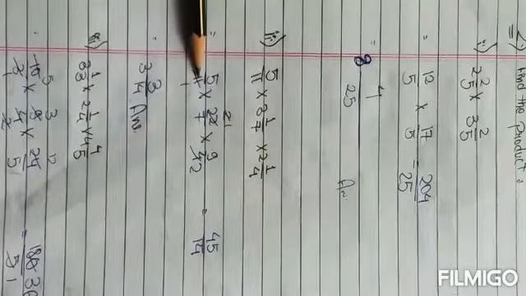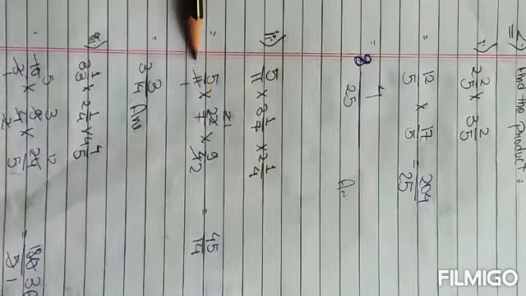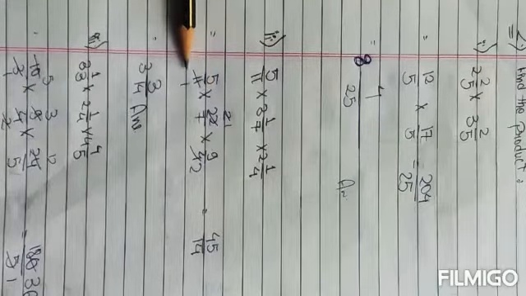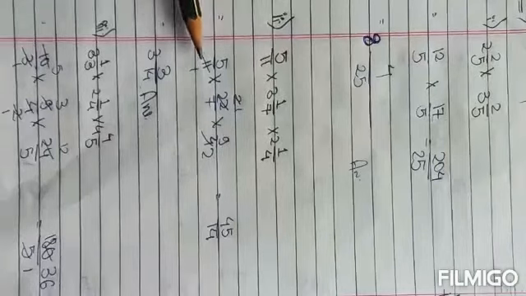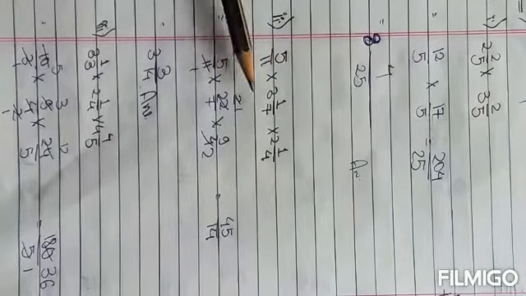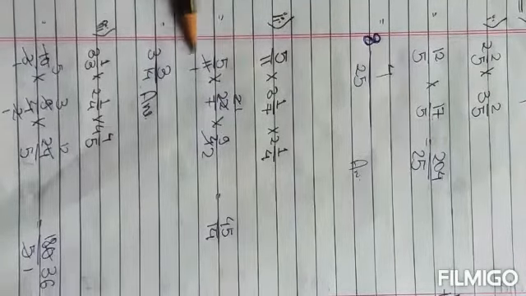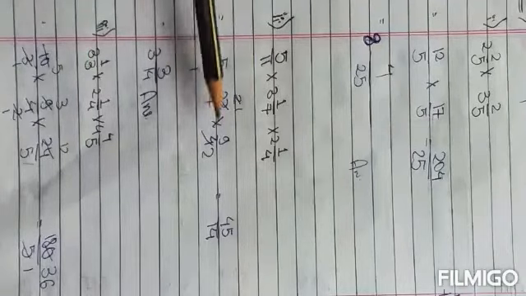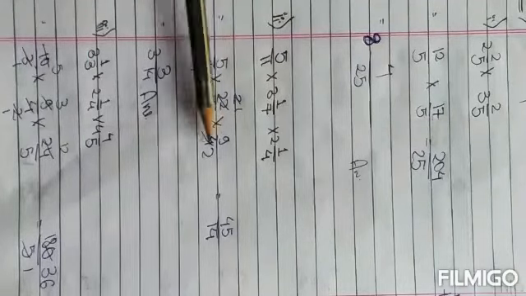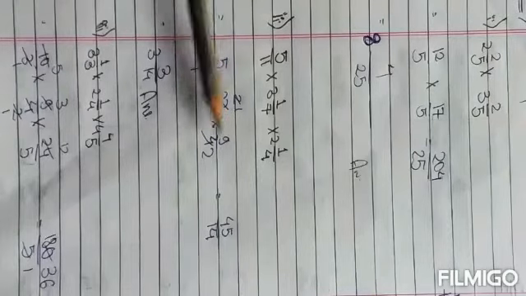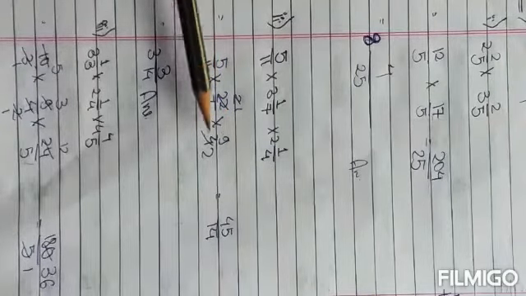Then see here it's given 11, here it's given 22. So you have to cut with the 11 table. So 11 1 is 11, 11 2 is 22. You have to write here 2, here you have to write 1. 2 and 4 with the 2 table you have to cut. 2 1 is 2 and here 2 2 is 4. Then after that you have to see whether there is any chance for reducing.